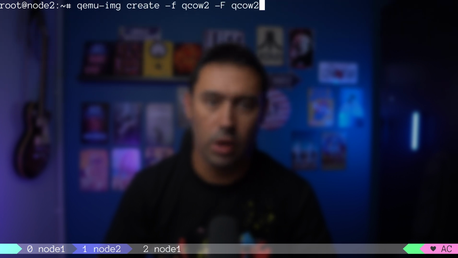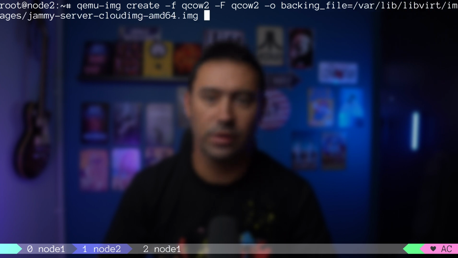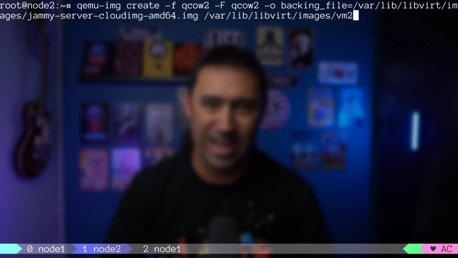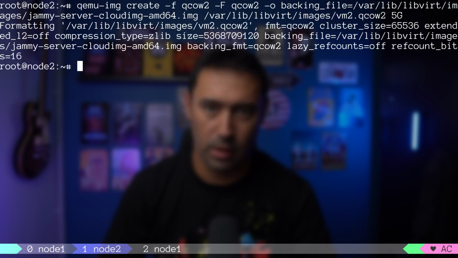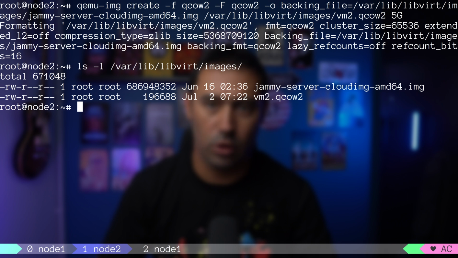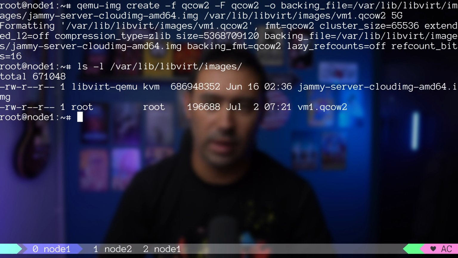I'm repeating the same steps on Node 2 to have a disk for VM2 ready. We'll use the same base image and name the VM VM2. Let's check if the disk has been created. Okay, all looks good. Apart from having a disk with an operating system, we'll also need to pass user data